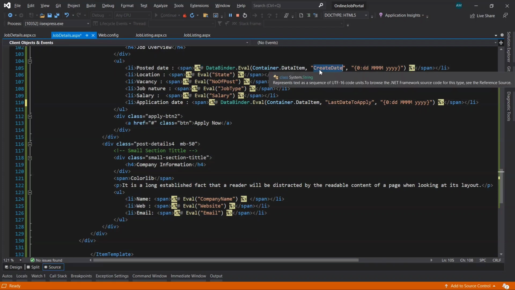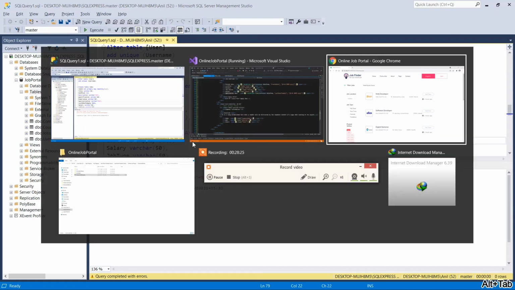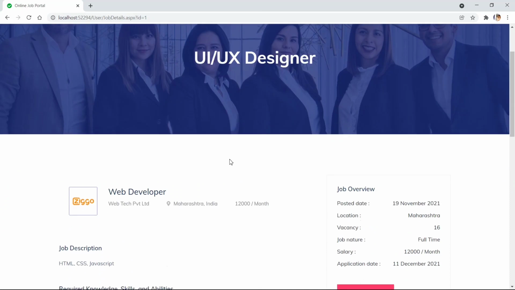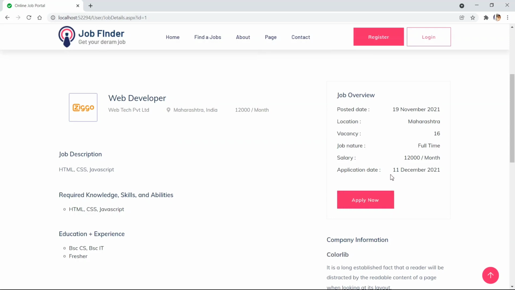So there we will give the create date column, and when should be the last date to apply, that column's name we need to pass here. Okay, inside this application date. Save it. Here, refresh it. Okay, let's click on the first one now. Can see here, yeah, the last date is changed from the posted date. Okay,